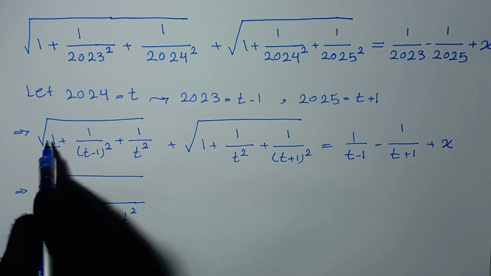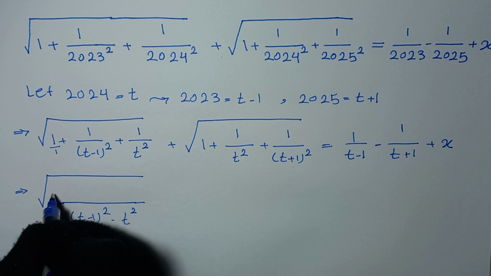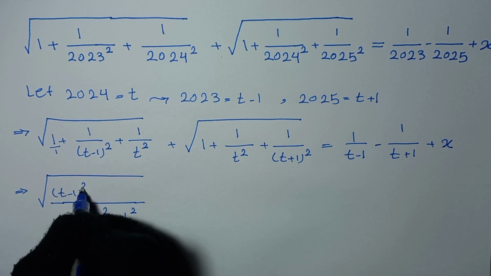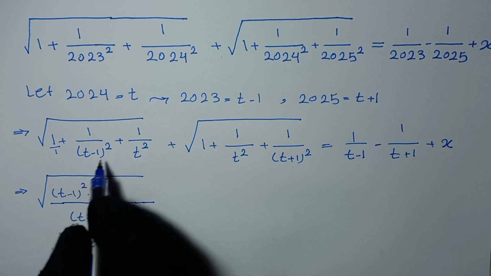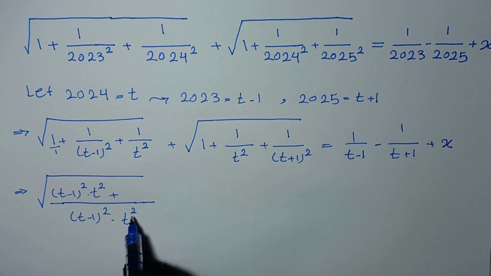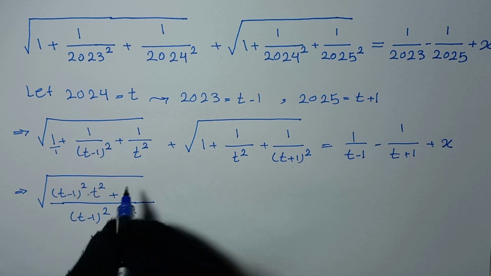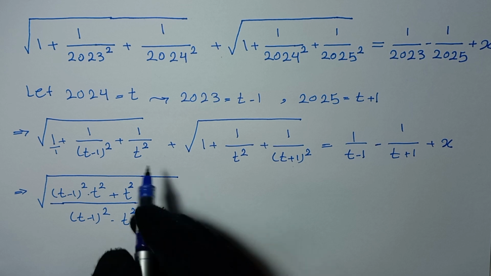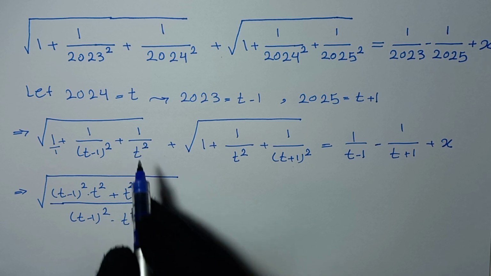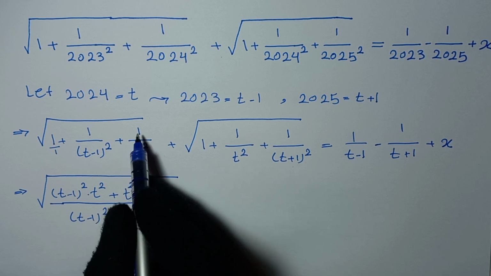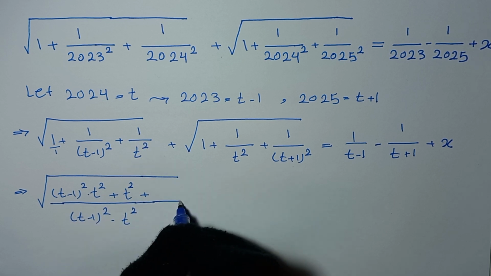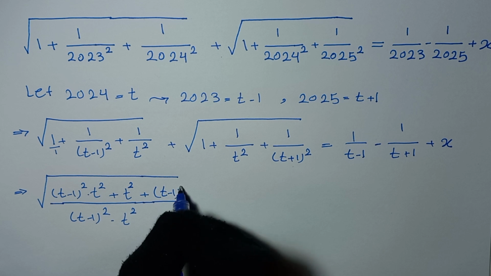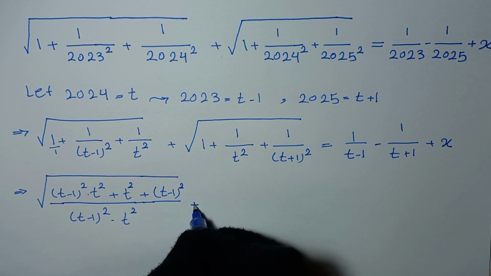And this denominator multiplied by t square, so we multiply this numerator by t square, so it will be 1 times t square is t square, and plus, this denominator multiplied by t minus 1 to power of 2, so we multiply this numerator by t minus 1 to power of 2, so it will be t minus 1 to power of 2, and plus,